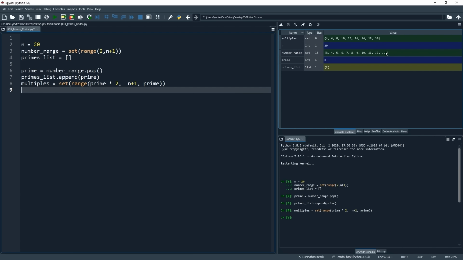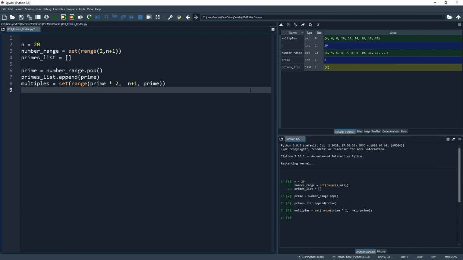Our number range set currently has all integers between 3 and 20. And our multiples set has the values 4, 6, 8, 10, 12, 14, 16, 18, 20. Difference update will update our number range set to only include the values that are different from those in the multiples set. So back to our code.